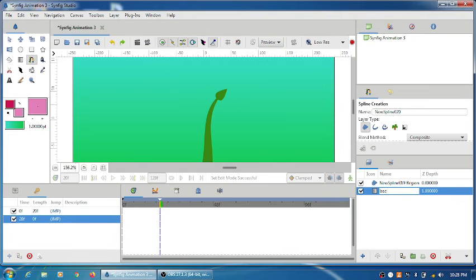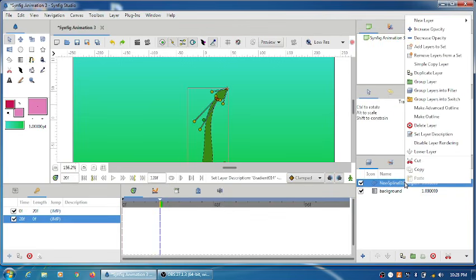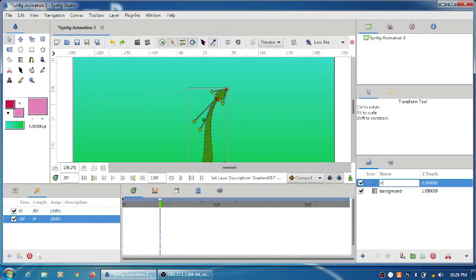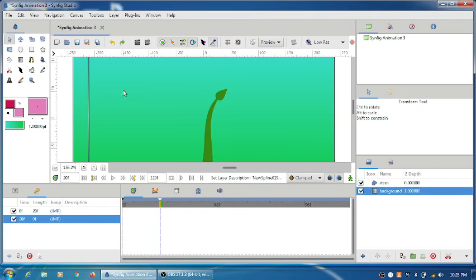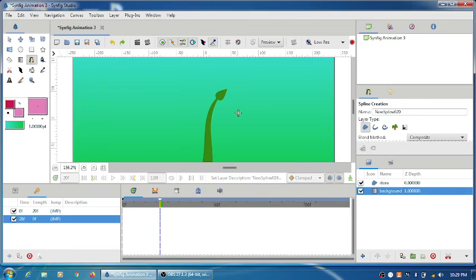So this is the background, this is the stem, and now I have to create multiple petals. So before creating the petals I have named the layers.